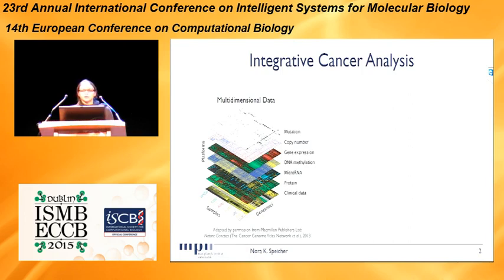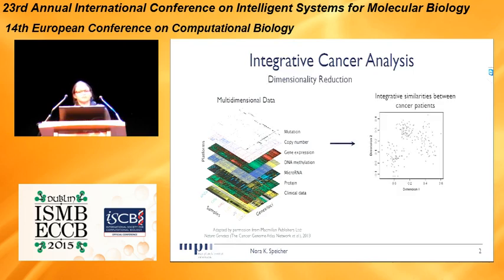Once we have this data, we of course want to analyze it, want to gain insights from it, and one first step of doing so can be to integrate it by dimensionality reduction. And here you see a two-dimensional plot of cancer patients. Every gray dot is a cancer patient, and now the distances between these patients reflect the integrative similarities. So integrative means that they are based not on one individual data type, but on all the input data types